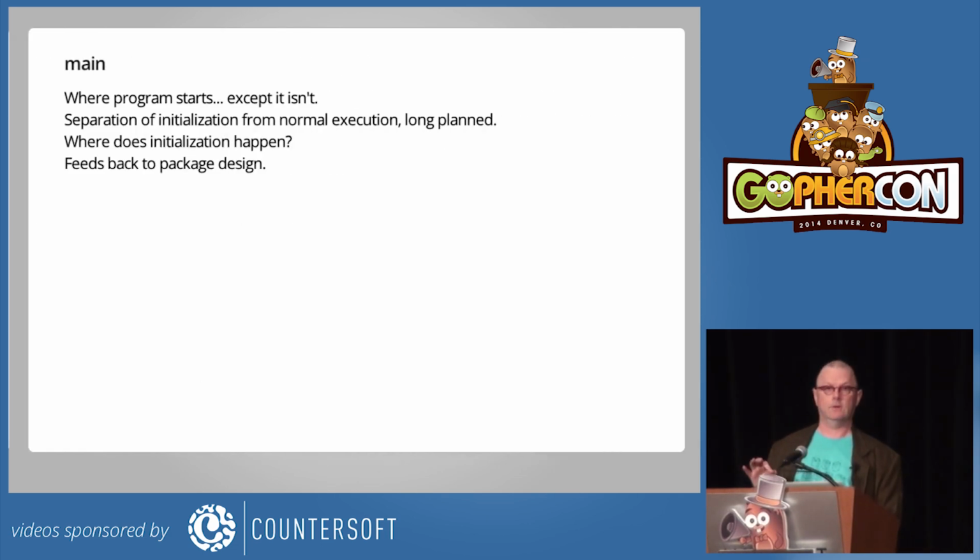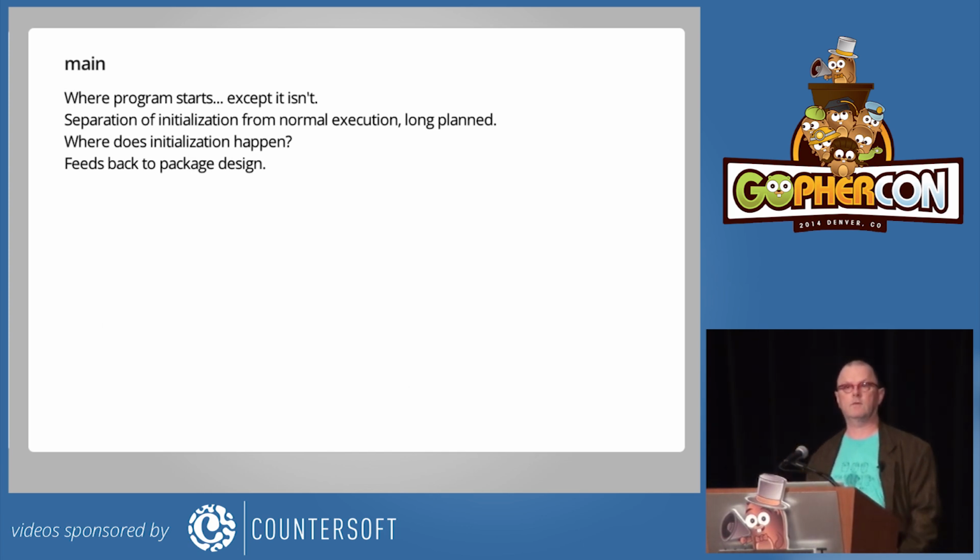Okay, the next main token, this is the function name. And it is where the program starts executing, of course, except it really isn't. What's important here is initialization. That happens before main starts. And in fact, the whole story about how initialization works in Go had been rattling around, particularly in Ken's mind,